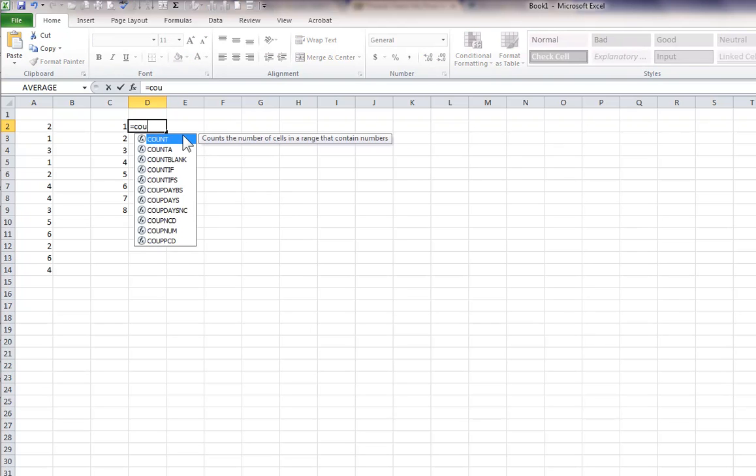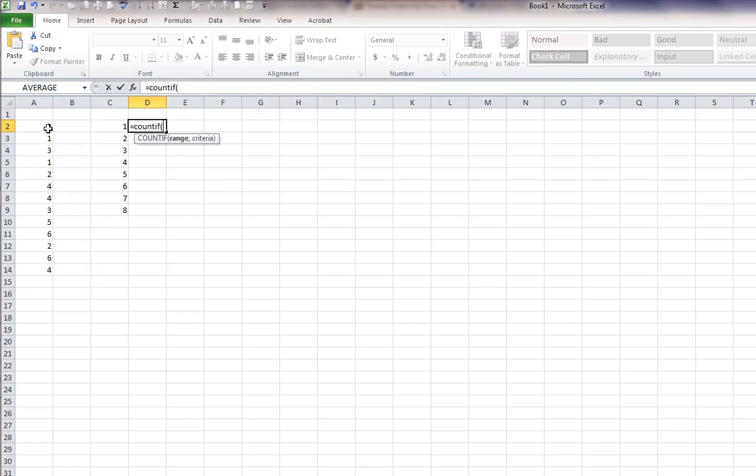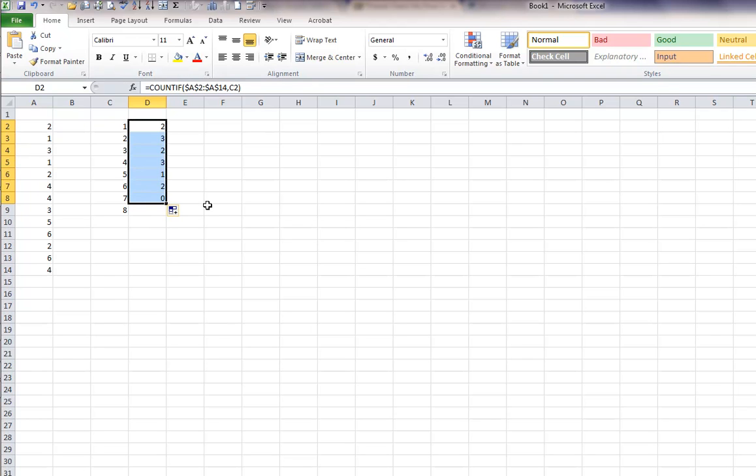And I can come here and put CountIf, and our array is over here. I want to fix the cell reference, so I need to insert the dollar signs, and I want to count if those data values are equal to 1. And once I know that there are two values of 1, then I can copy that cell down,